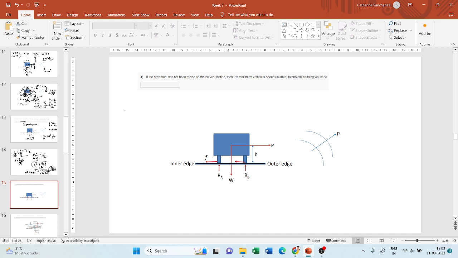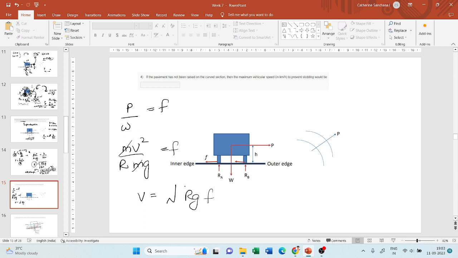To prevent skidding, what did we see the equation as? The equation is P by impact factor should be equal to the frictional force. Now you can again substitute for P and W. What is P? P is mv square by r and W is m into g. So this will be equal to F. Cancelling mass, V is nothing but root of R G F, right? And R is 360 meters, G is 9.81, into F, which is nothing but